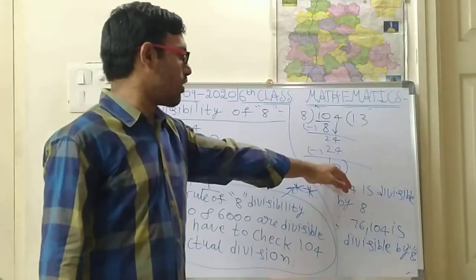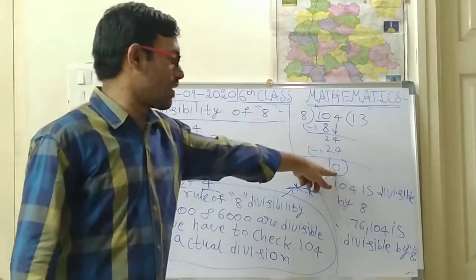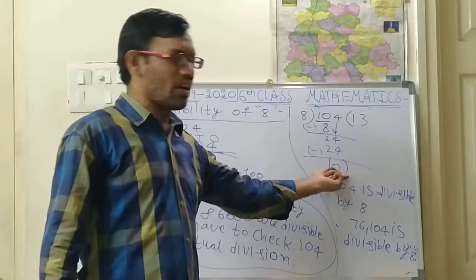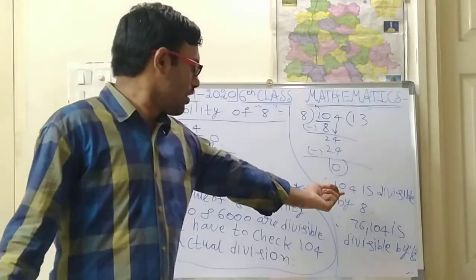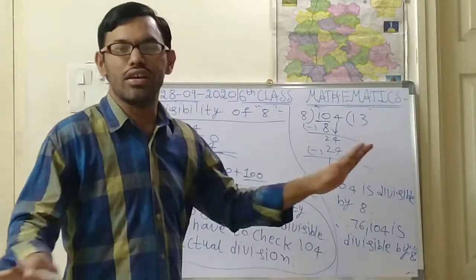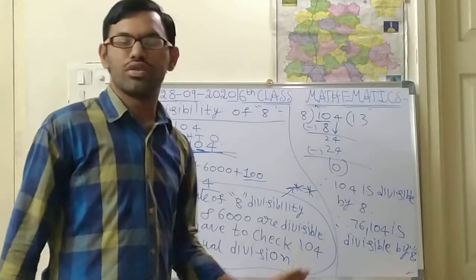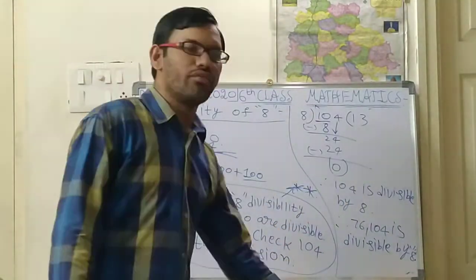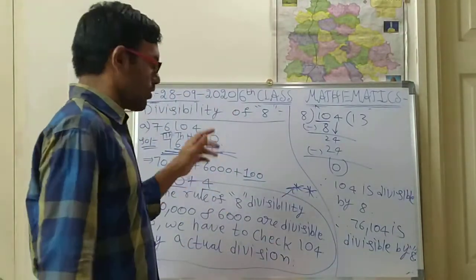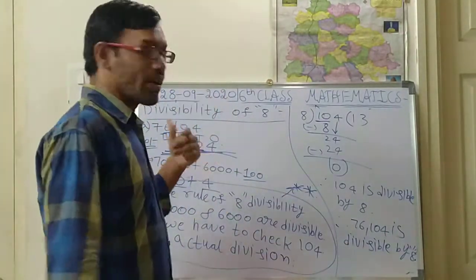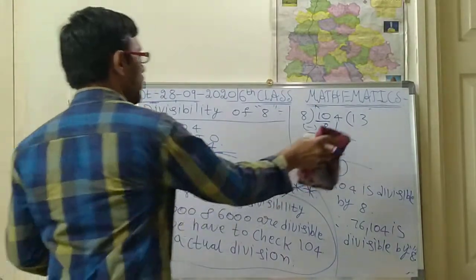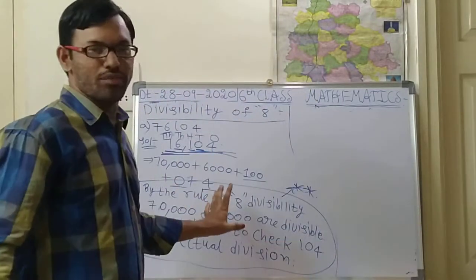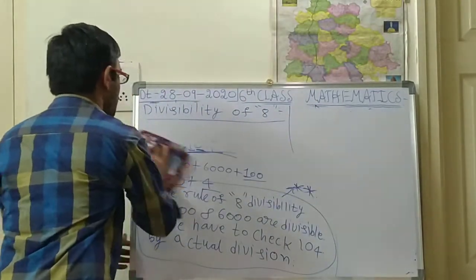Suppose here if you get any natural number as a remainder, natural number means starting from 1, so 1, 2, 3, 4, 5 like that, if any number comes, then it is not divisible by 8. Okay, so the complete number is not divisible by 8. So like this you are supposed to write. Okay, so one more problem we shall see regarding this divisibility, regarding when a number is not divisible by 8, how it will be. I hope you have understood this problem. Okay, so next second problem we shall see.